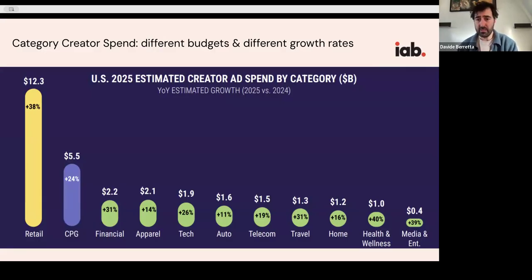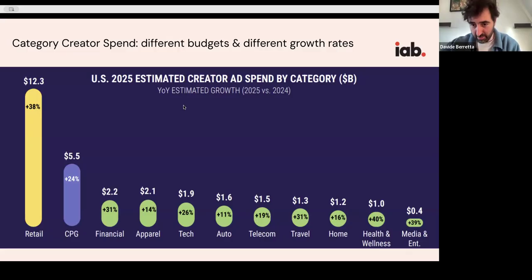They're looking at the US, and this is just for 2025, but you can see that retail and CPG are really dominating, right? And this is back to the two examples that I was talking about before. We have Unilever, all the CPG brands in the world, retail, Walmart, and those folks are spending an enormous amount on creator activations, but they're not even the fastest growing. So if I look at retail, that's plus 38%, really huge numbers there.